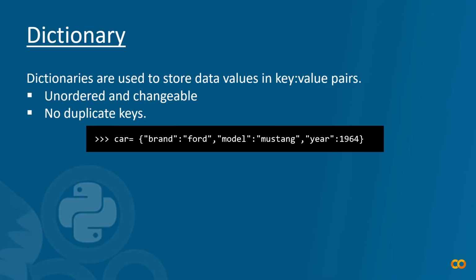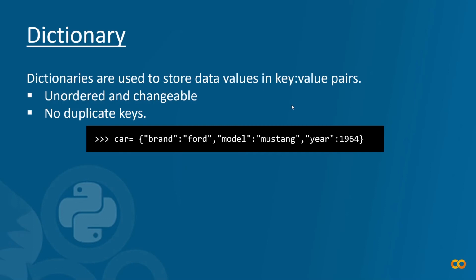So the third data type is a dictionary. Dictionaries are used to store data values in the format key colon value. So there will be a key, and then for each key we will be assigning a value. In this format we will be storing a number of data in the dictionary, and as shown in the example, a dictionary is represented by curly brackets, and in the curly brackets we just enter the key value pairs